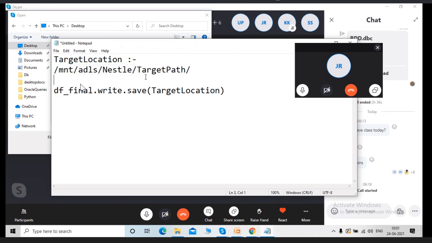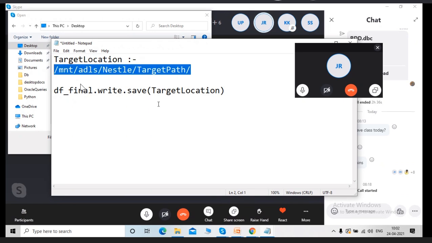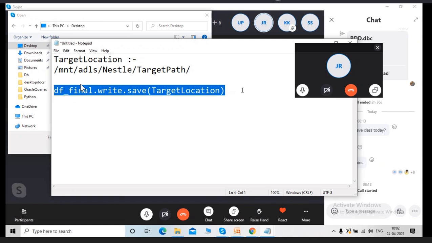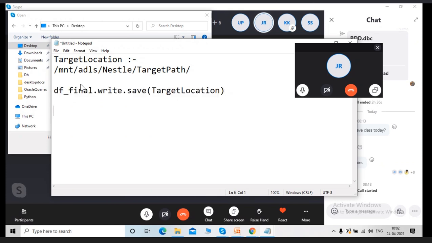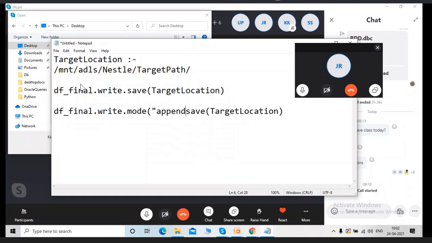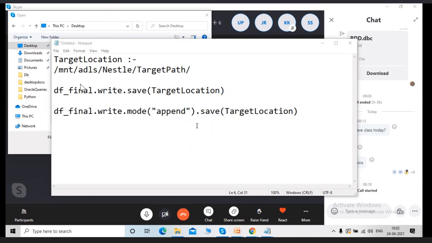But what about the next day? The same path will already exist, sir. It will fail, right? Correct. But what is the alternative way? You're 100% sure your target is always constant, but what kind of operation do you want to insert into your target? Yes, I want to use the append operation. If the target is already available, go and insert the new append file.